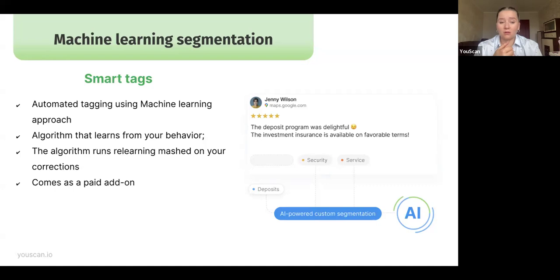As a smart algorithm powered by machine learning, it will assign the tags the way you do it, based on your behavior. So this functionality is called smart tags, and usually we use it in cases like